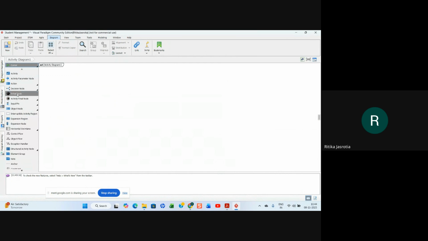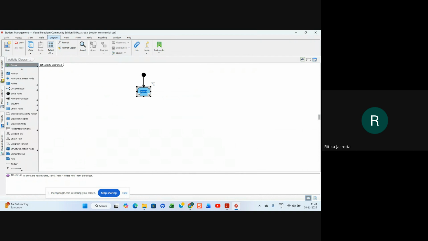This way. So we will put the initial node here, right? So you can put the activity from here also. So this is the action, and this is the activity. Whatever you want to put, we are doing that.